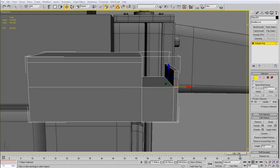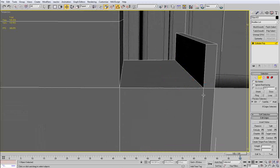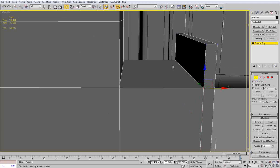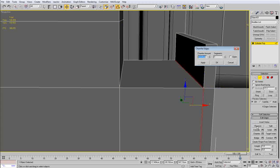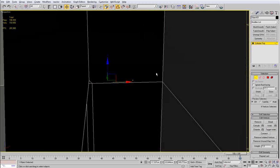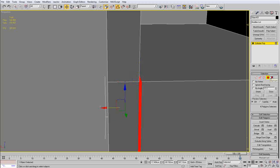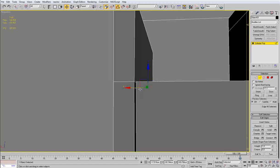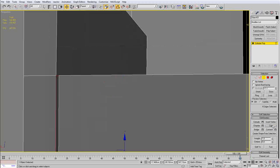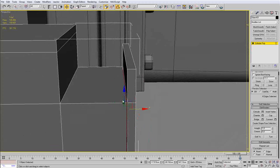Okay, so I move those vertices a bit to the right. So I select all of those edges there on the side, and I make a small chamfer there. Weld those vertices at the ends that need to be welded. Okay, so I'm ring selecting all of these edges. Control click on the polygon mode, turn the selection to polygons, and hit delete. Cap the two ends,